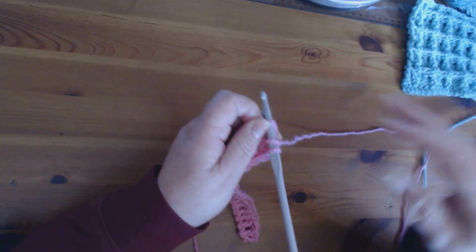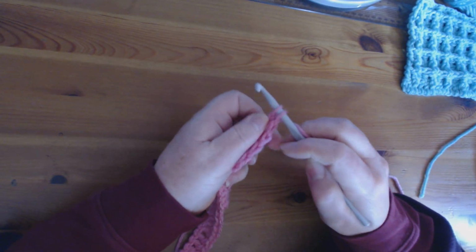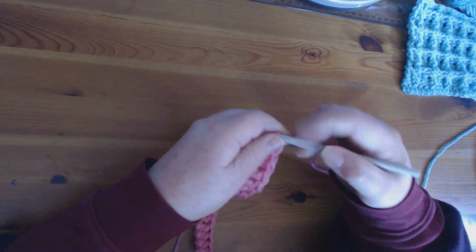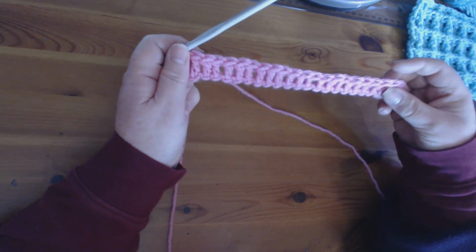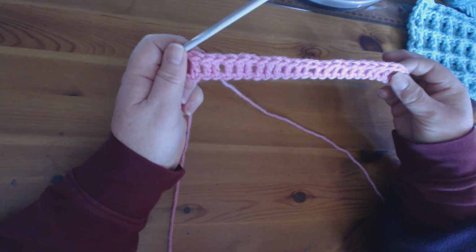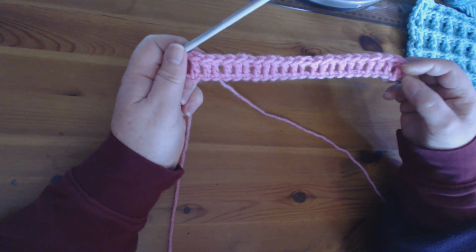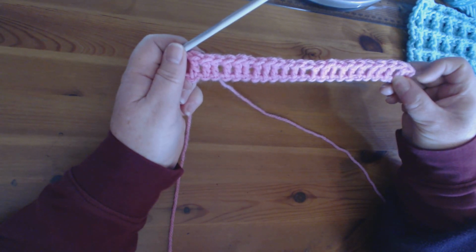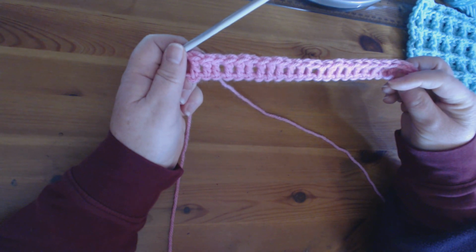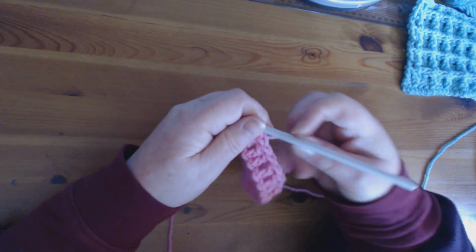Just move that out of the way so there is not too much clutter around what I'm doing. So once you have completed your however many chains you want, as long as it's a multiple of 3, and you've completed a treble crochet, the first one in the 3rd chain from the hook, and then a treble crochet into each and every stitch along. Then you chain 3,